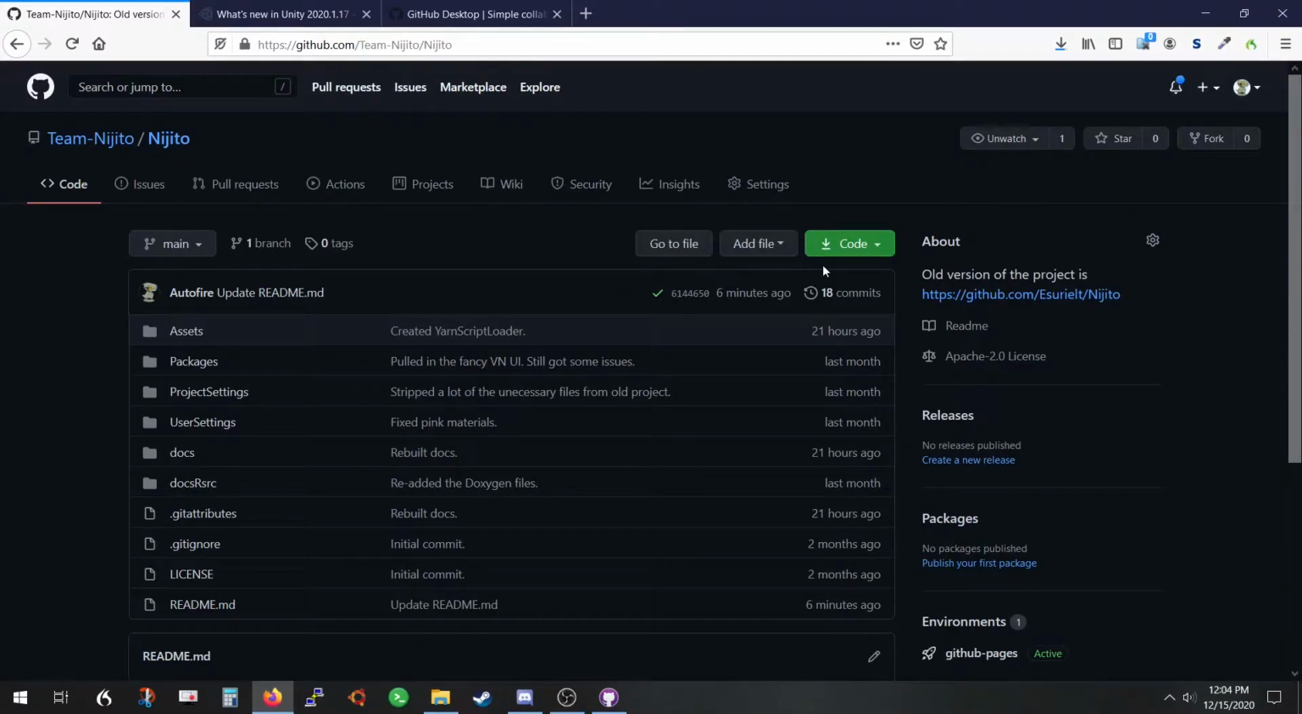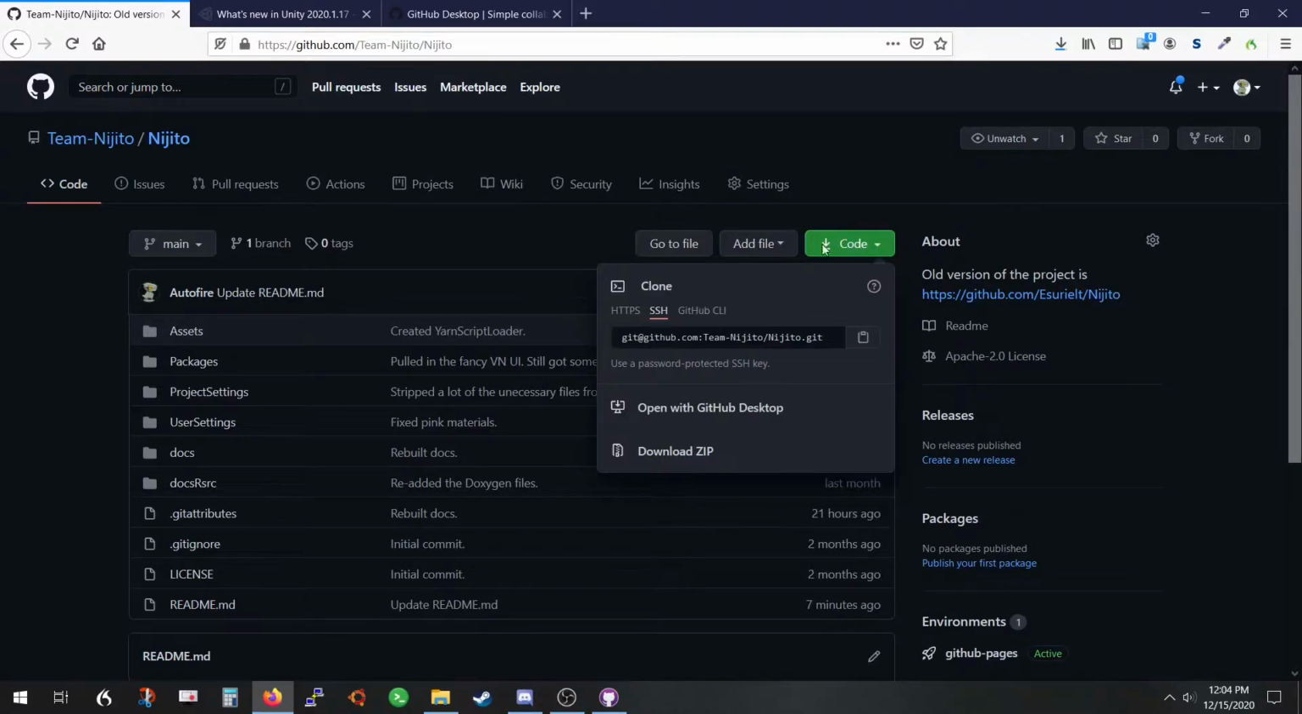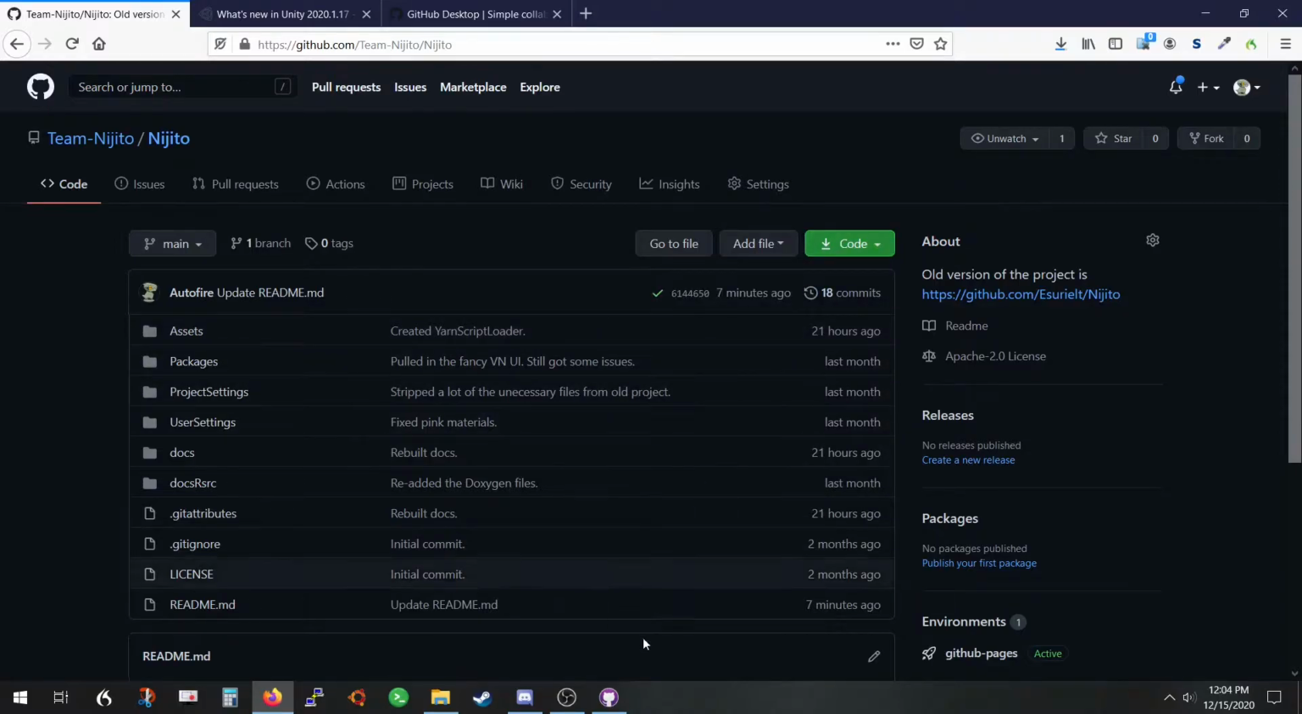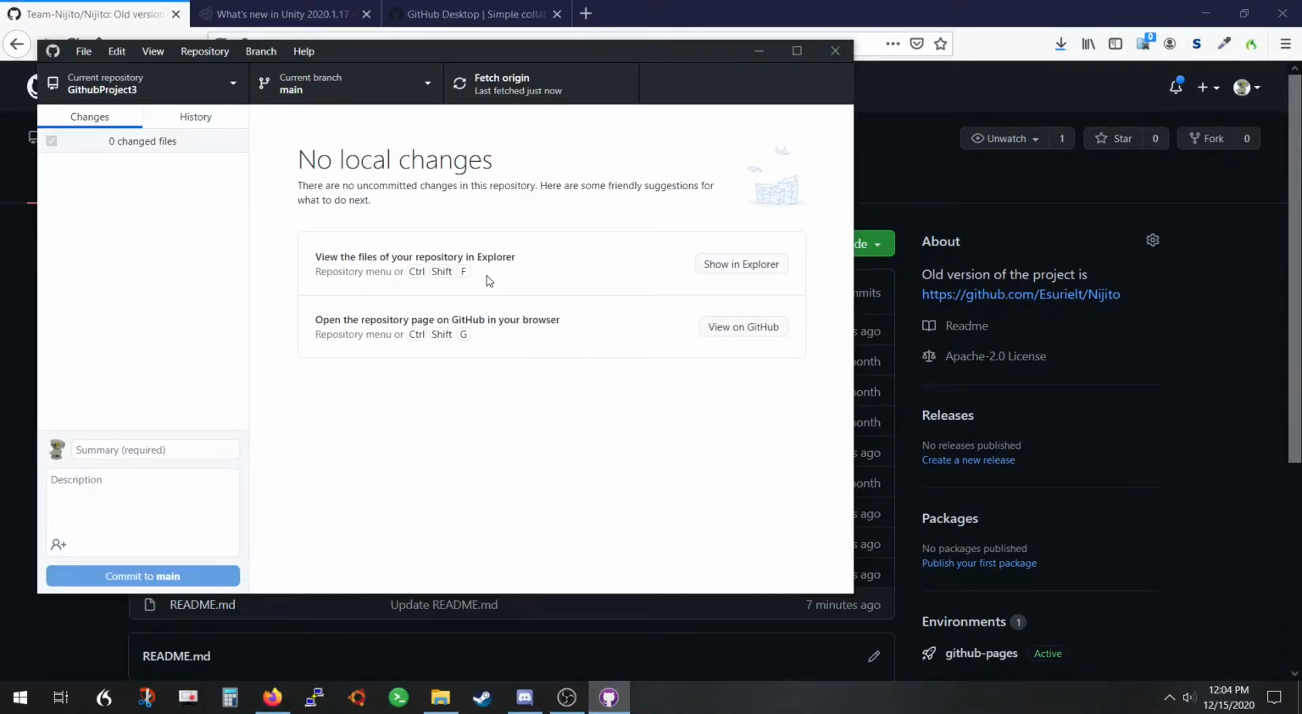Downloading the project is a process called cloning. So that is, you click up here on this code dropdown. In your case, you're going to want to make sure it's switched to HTTPS, and then you just copy this URL that it has here. And then over in GitHub Desktop,